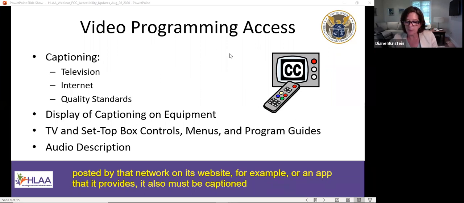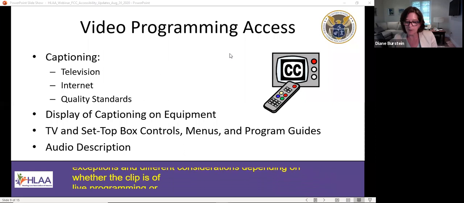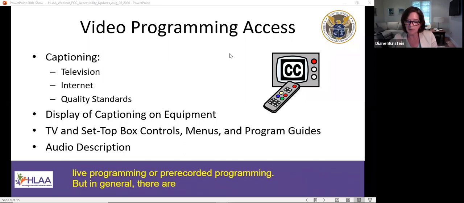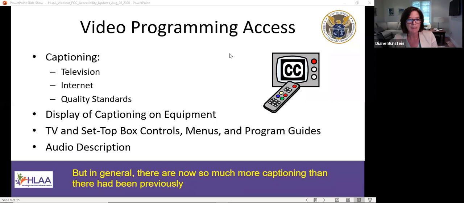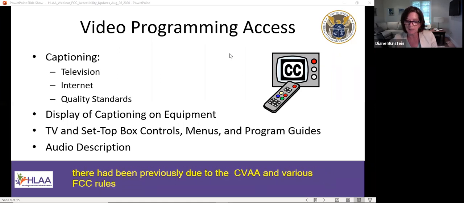But in general, there now is so much more captioning than there had been previously due to the CVAA and various FCC rules implementing those requirements.